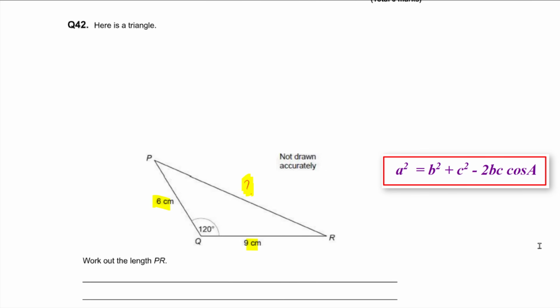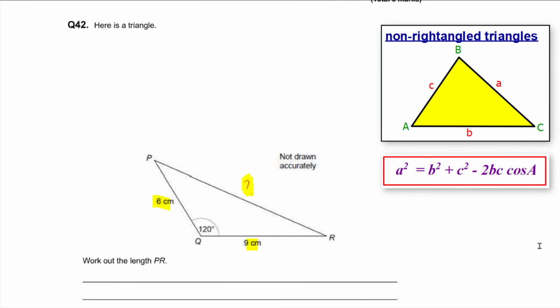With non-right angle triangles, we label opposite sides opposite to their letter. So if it's capital Q on that side, we're actually trying to find side little q over there. If it's capital R over here, then this is side little r. And if that's capital P, this is side little p. Okay. Now you need to be able to take your